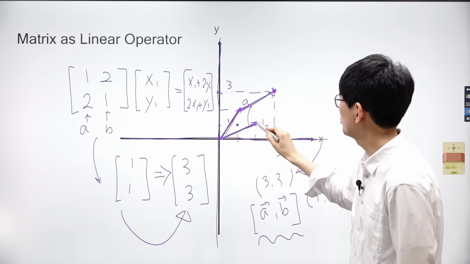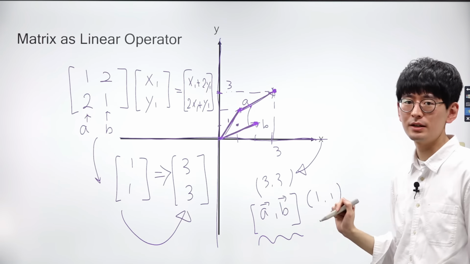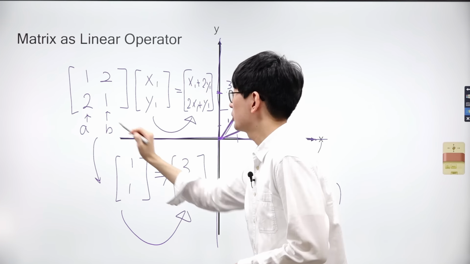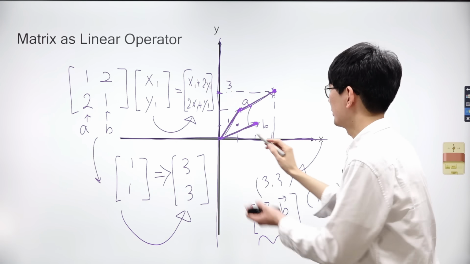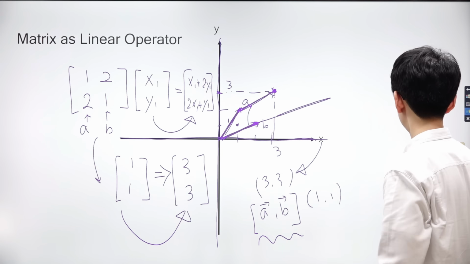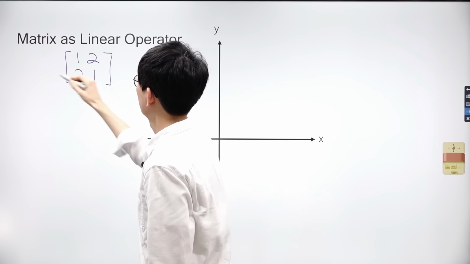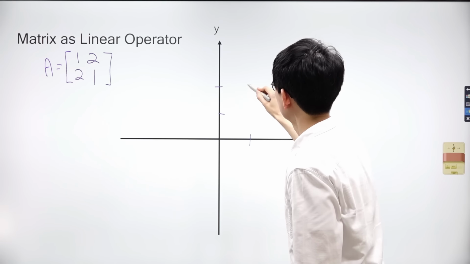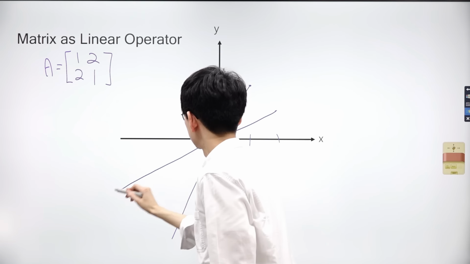Consider if the two-dimensional space initially used vectors A and B as its axes. In this scenario, the coordinates of the point would be 1 and 1. The change in coordinates implies that when using the x-axis and y-axis, the coordinates are interpreted as 3 and 3. Therefore, multiplying a matrix by a vector signifies adjusting or rotating the original axes towards the vectors in the matrix. Let's consider a matrix A with values 1, 2, 2, and 1. We'll draw lines passing through the coordinates in the matrix and the origin, which will serve as the new axes of the plane.